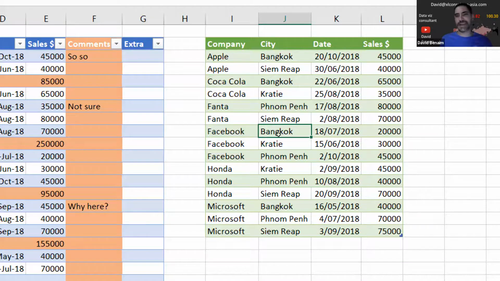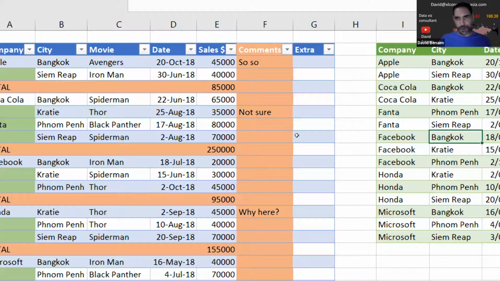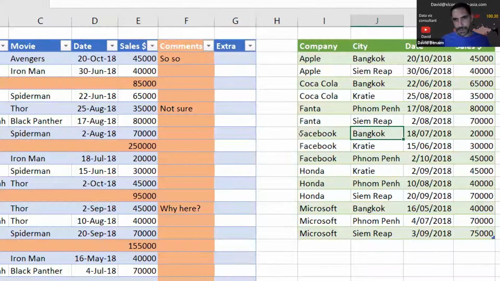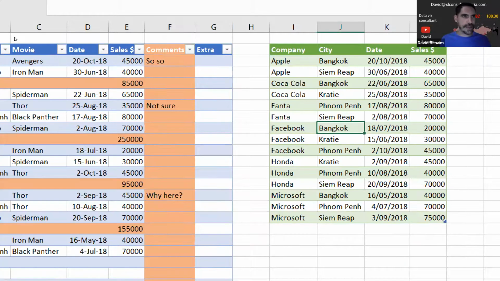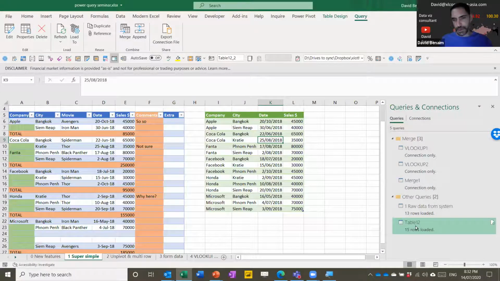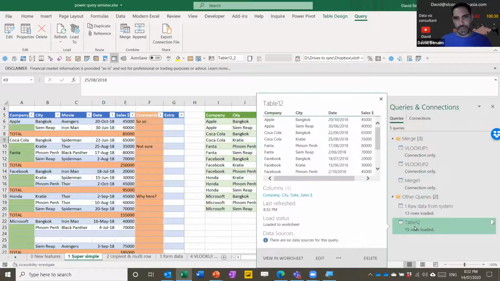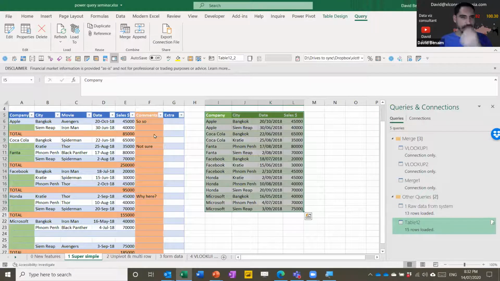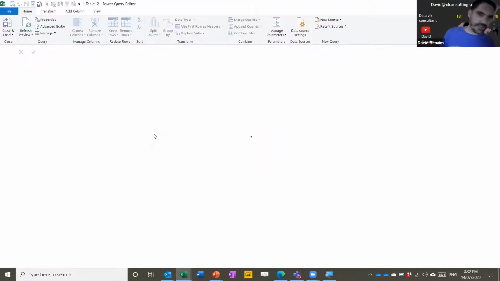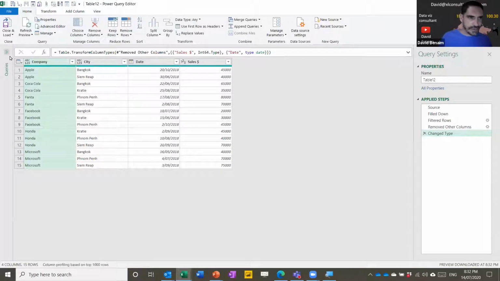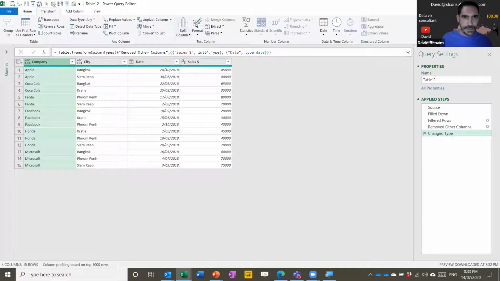But let me go back and make some more edits. So if I click on this second table, I can either go to the query and then edit it there, the new query tab, or if I want to, I can just open from the queries and connections tab. This automatically pops up when you load a query, and you can just double click that to open it. Then goes back into the query editor. Let's do some more transformations. Let's do some text-based stuff. So I want to transform this and make it